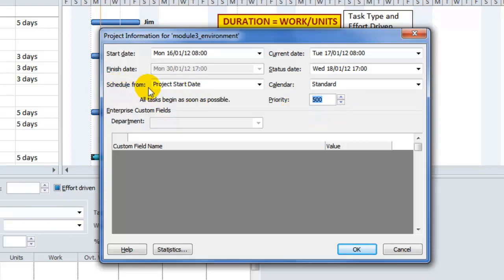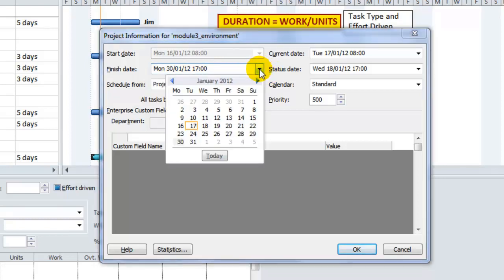Now, notice here it says schedule from project start date. Well, that's probably the default setting that you'd want to keep, frankly. But how about this as a scenario? Your boss has come to you and said, well, I want you to produce a schedule, however, it must be in place on July the 30th for a certain exhibition. In which case you could input a schedule into Microsoft Project and then select project finish date, and in this case the start date is grayed out, but you can set whatever date it is that you wanted this particular project to finish on,